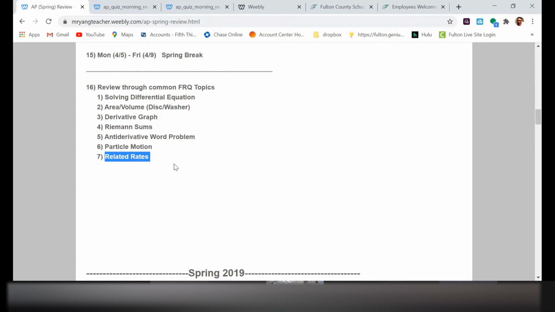But in recent years, they've inserted related rates into part C or part D of another FRQ. I don't see a lot of standalone FRQs for related rates recently, but maybe it's time for one to show up. We'll practice a few more of these.